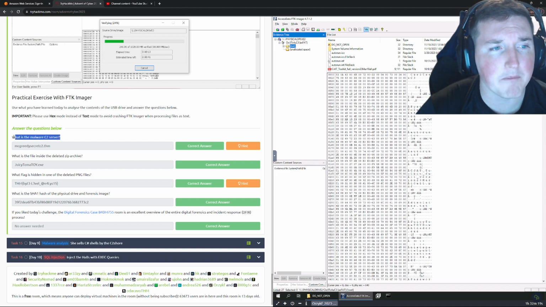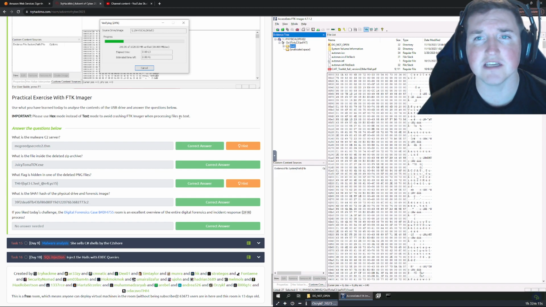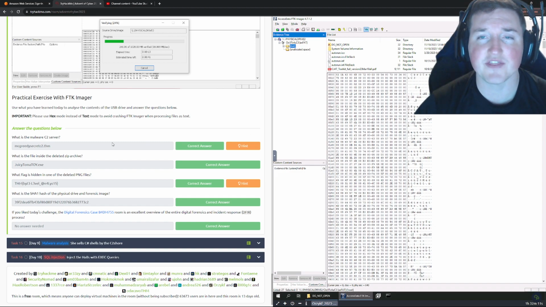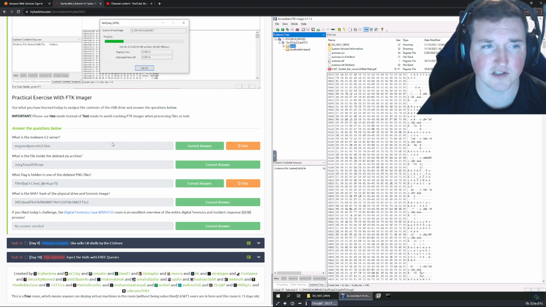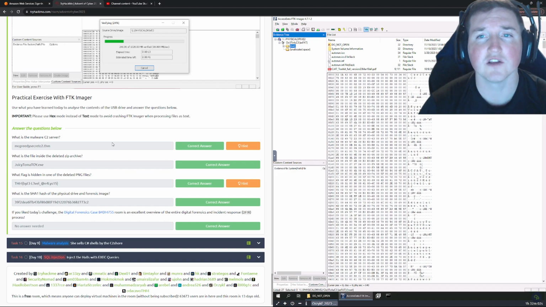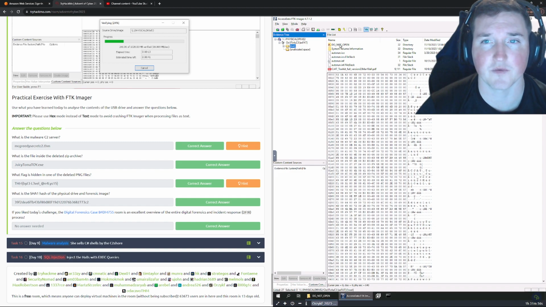Now, what is the malware C2 server? I'm not going to dive too deep into all the different functionalities. We're just going to do the challenge because this is what we would be doing in real life, right? In real life, we're not going to sit here and go, let's see, what is the malware C2? No, we're going to look at things that are suspicious. A directory that says do not open that's been deleted is very suspicious. So we open it up,